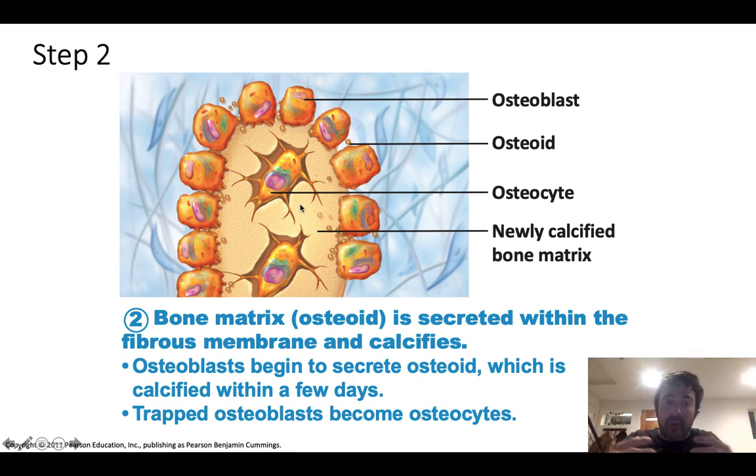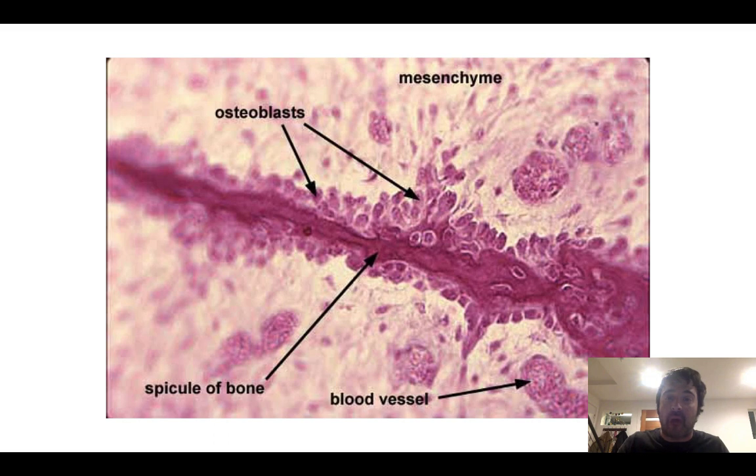So the osteoblasts in step two continue to secrete that osteoid, that calcified matrix, right? That kind of pre-bone, but you can think of it as just tacking on new bone. And then any of those trapped osteoblasts ultimately convert or turn into osteocytes when they're no longer tacking on new bone but maintaining pre-existing bone. So those osteoblasts start to build out, and you can actually see this if you look at it under a